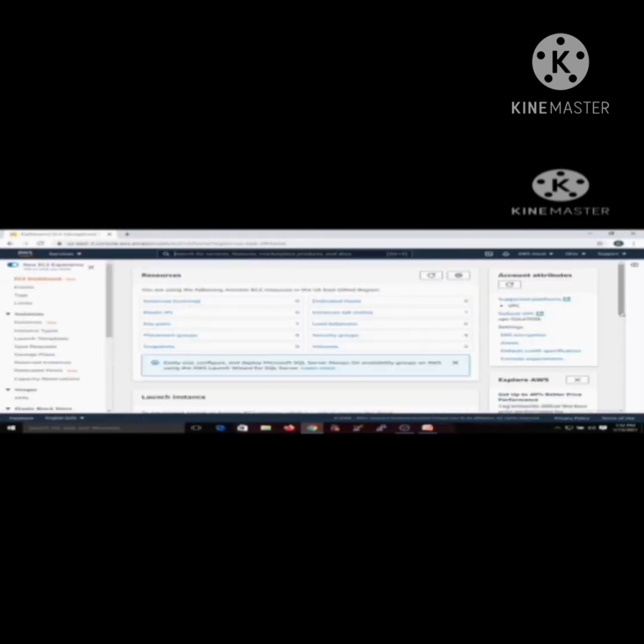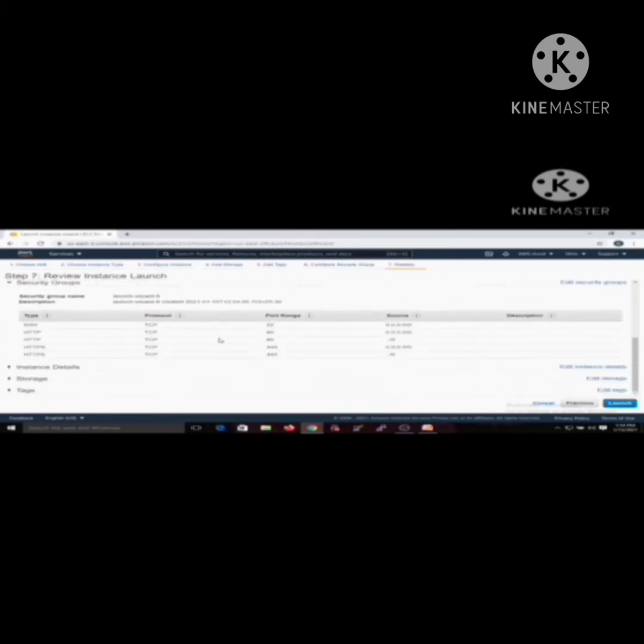EC2. In this EC2 dashboard, click on launch instance, and for choosing an AMI, select Ubuntu 18.04. Select that. After that, keep it as it is and click next, configure, and click add tags and give any name for the tag.